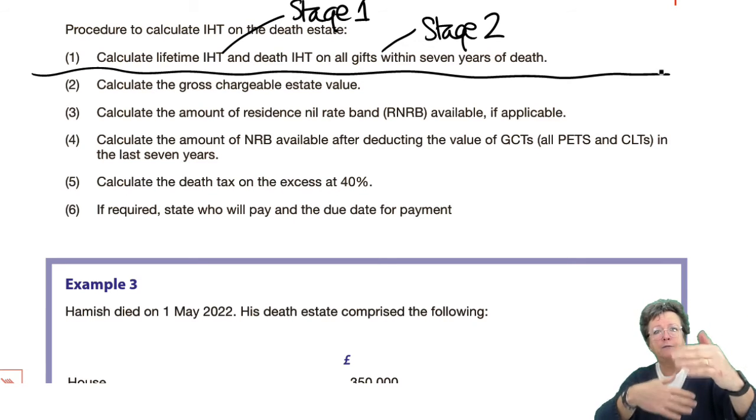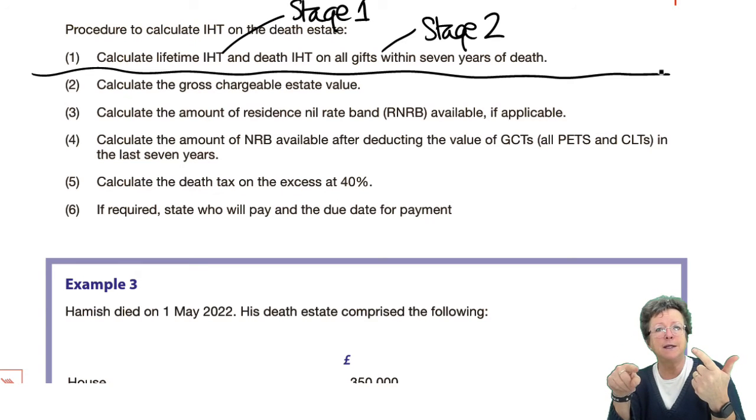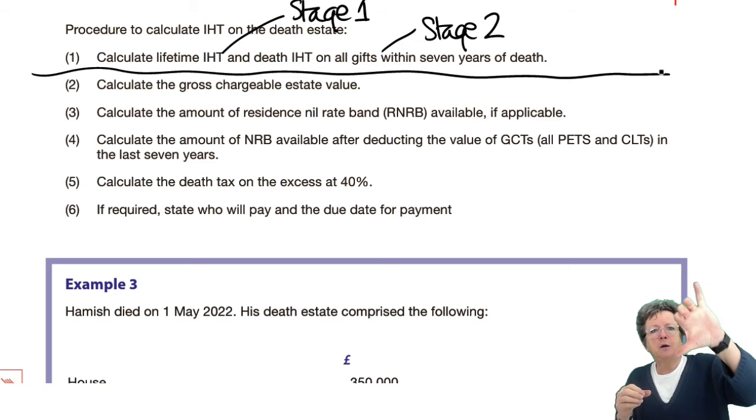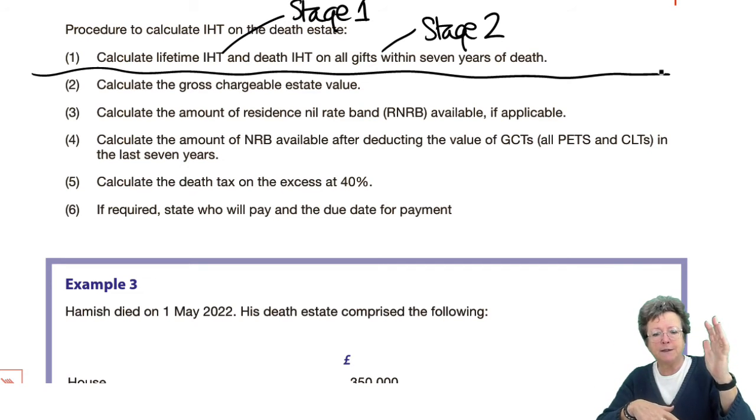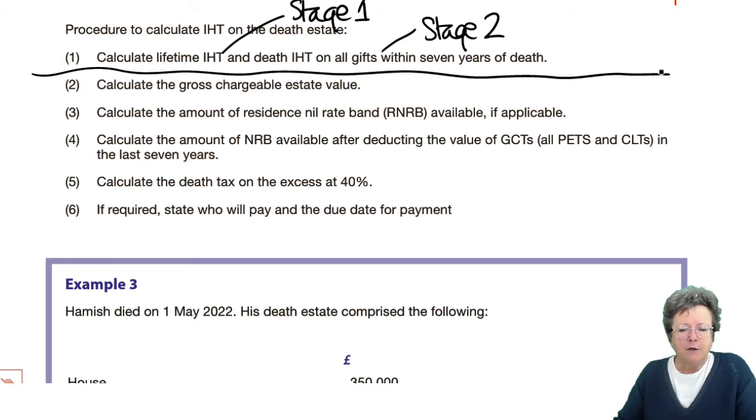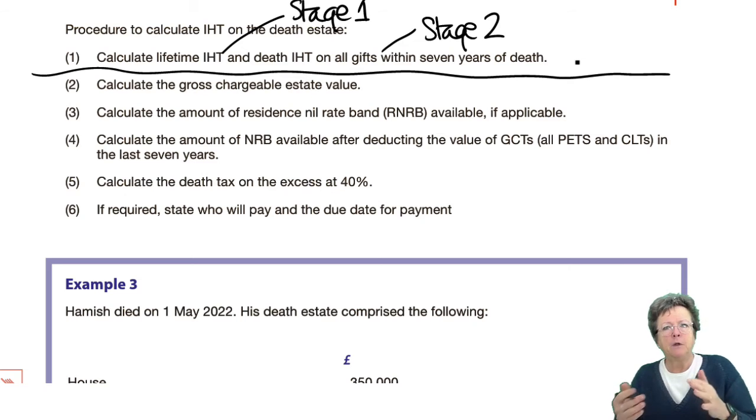You'll either get the top half, stage 1 and stage 2 with an easy estate, or you'll get an estate question like the one we're going to look at now, where there was one lifetime transfer, normally a pet, something like that, where you could do it very simply. So it'll be complicated simple or simple complicated. Okay, you'll never get all of it in the same question. Okay, so stage 1 and stage 2, which we can now do. If you're still unsure about that, watch the lecture right to the end and then go back and do them again. IHT takes practice, but the more you do that,